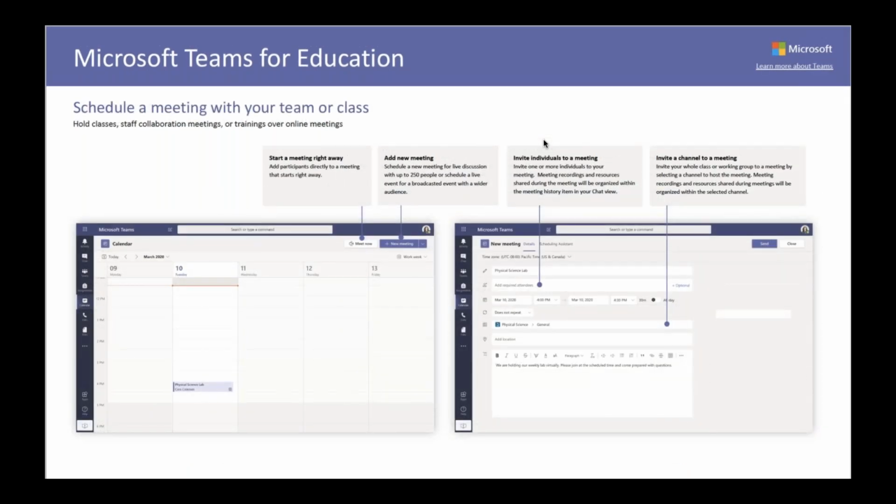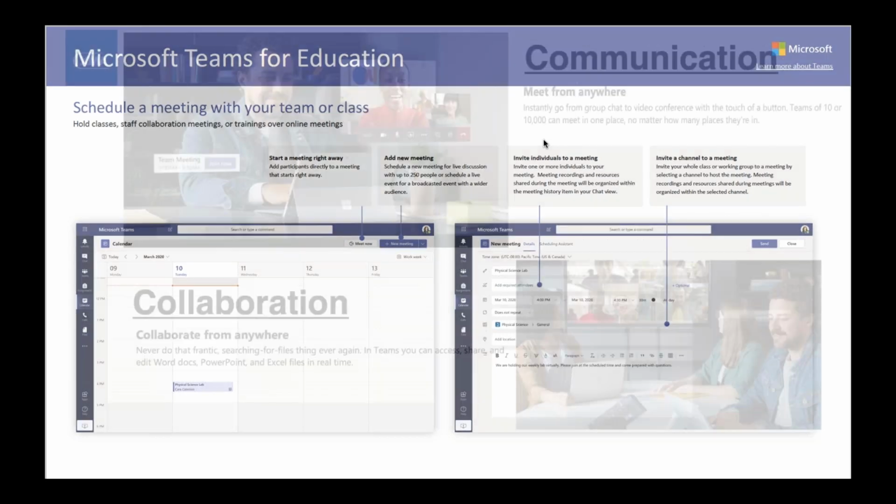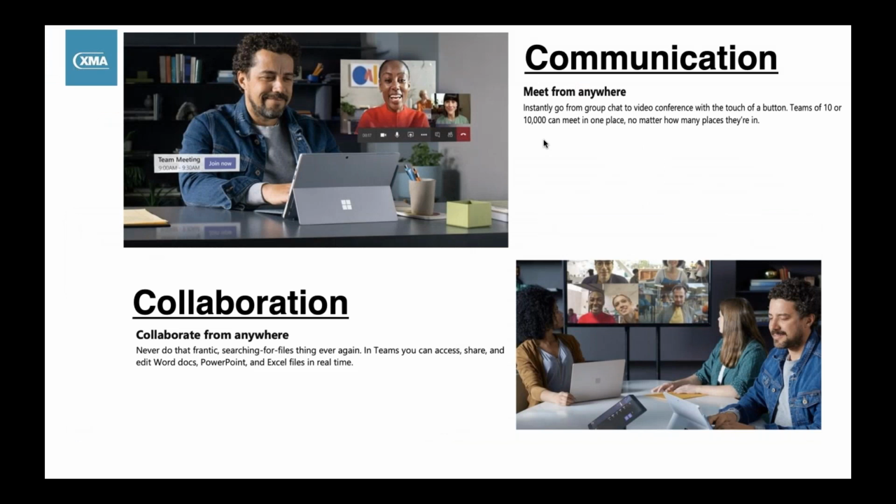Another key feature of Microsoft Teams is its ability to actually set a meeting. These can be scheduled and set in advance, and these allow for video and audio conferencing. This can allow tasks to be shared, explained, and discussed in real time. Like I said before, the great thing about Teams is that it takes place all within one setting. You don't have to switch between multiple apps. It's all there. This allows for organised learning, making vital concepts easier to understand, and a functionality which benefits from its ease of use.